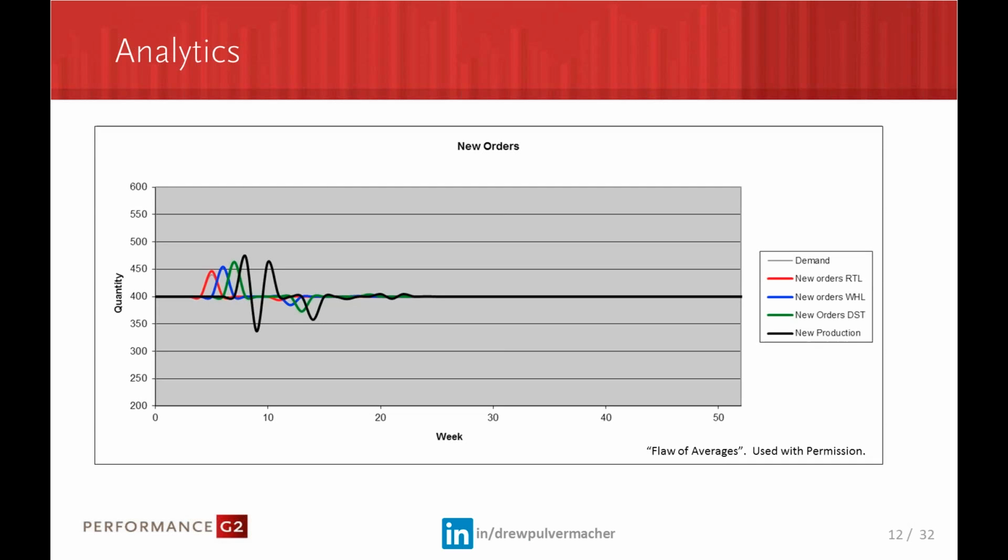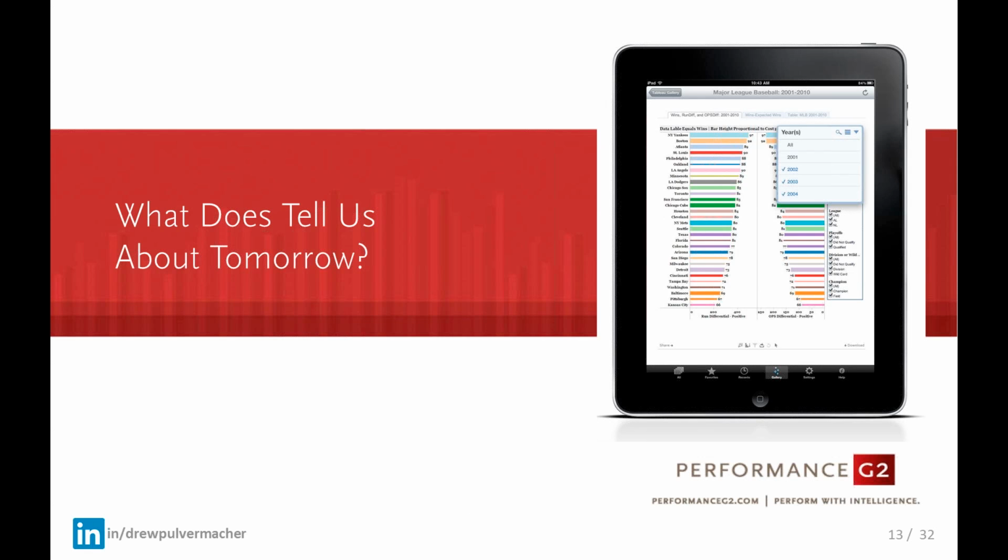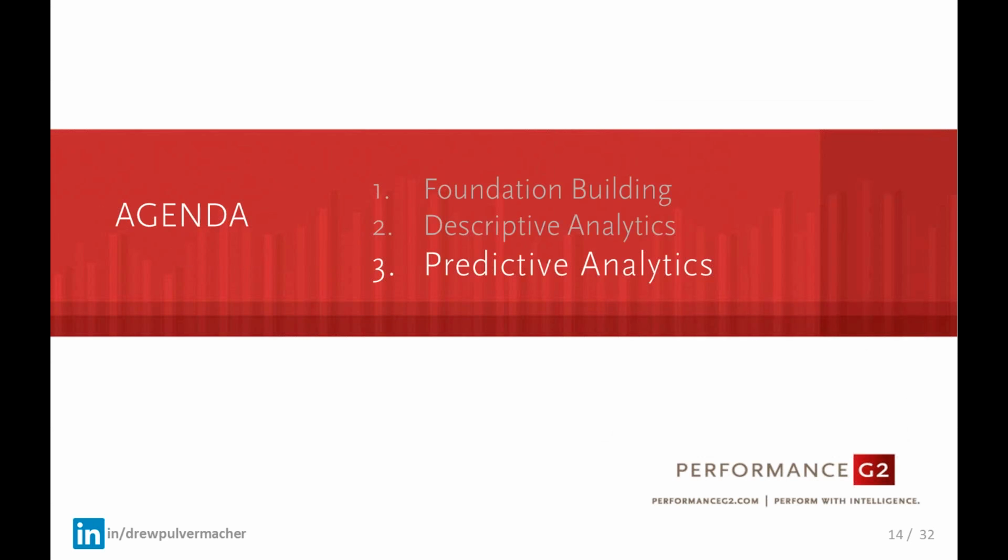If you've ever heard of the bullwhip effect in supply chains, it's due to this: looking at a dashboard, making adjustments based on lagging indicators. There's nothing wrong with descriptive analytics because it tells you what happened with the business, but for making forward-looking decisions, there's definitely great risk in ignoring your uncertainty and your risk.